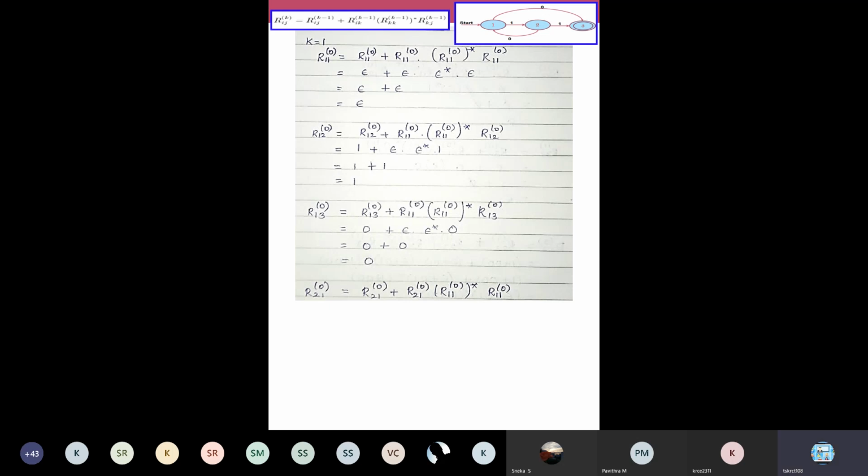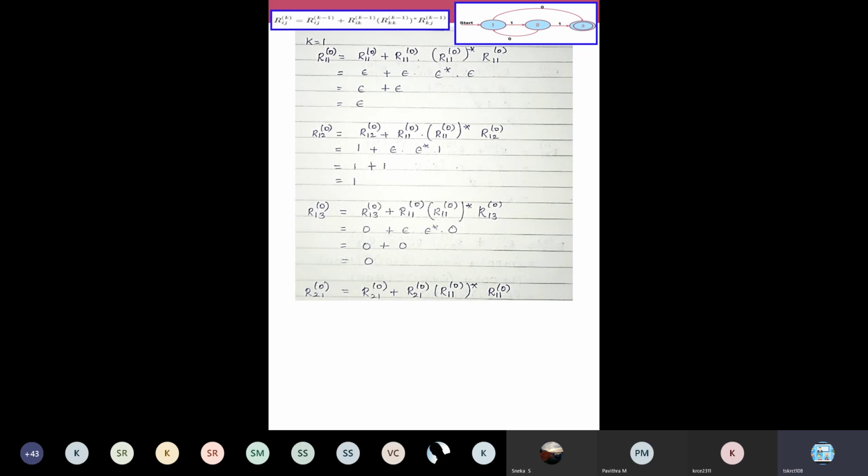Where you write r21 of 1 on the left hand side, just write i, j and k near the numbers: i next to the 2, j next to the 1, and k in the superscript, in pencil. When you are substituting it will be easy for you. Remember i, j and k. Then you do the substitution. On the right hand side you will have the same term, r21 of 0, plus substitute the values: ik, kk and kj.